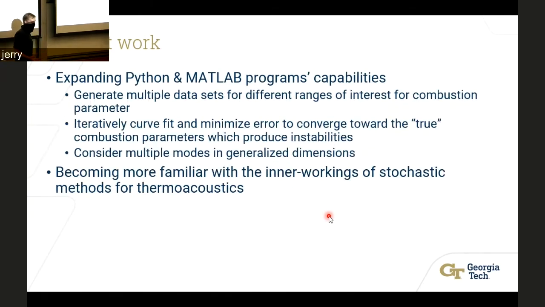So the current work in this project, there's a lot still to be done. I've been on the predicting side of instabilities for this project for a little over a year now. And it's taken a long time for me to grasp just the math behind it and also just the thermofluids. The current work is associated with building up these Python and MATLAB programs so that we can better predict instabilities using more data sets. And so trying to create an iterative process that can handle hundreds of data sets and then also get into a little bit of machine learning where you can back out parameters and do better educational guessing.